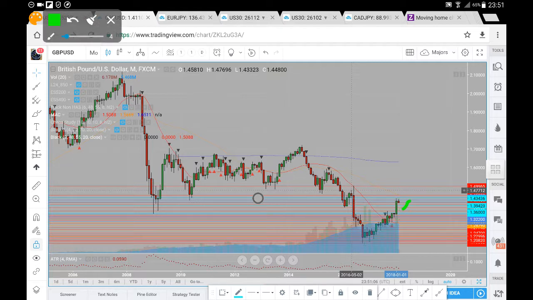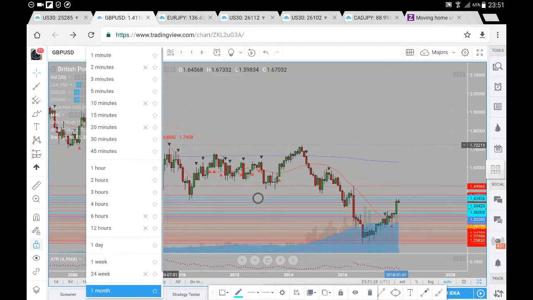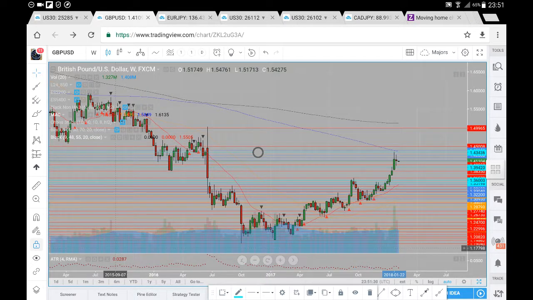So again, on the higher time frames, we are supporting prices heading upwards, possibly closing head towards that 145, which will likely be a psychological level before heading towards that 150, and pretty much the highs in around the Brexit month candle from 2016. Now, let's have a look at the weekly time frame. So if we head over to the weekly time frame, what we can see here is